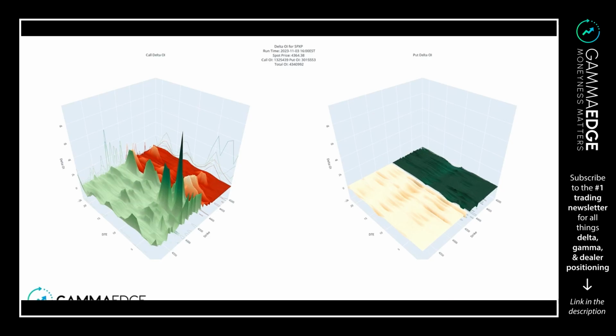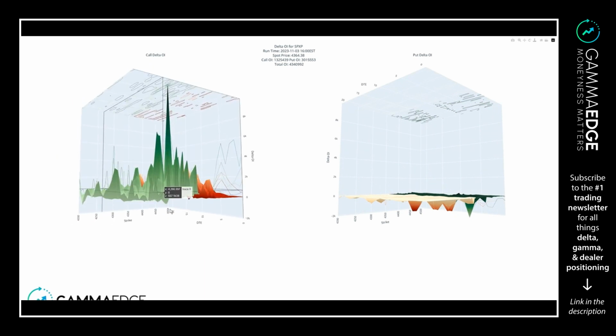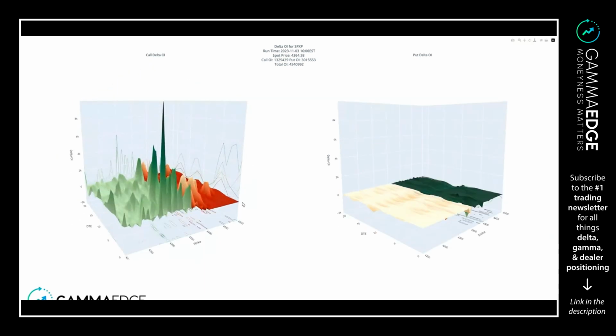I'm trying to figure out where to enter and where to set my stop, and where that makes sense, especially how much risk to take on relative to how much potential upside I see, whether it's going from the PTrans to the GEX level. That would be great. I'm just trying to use those levels as a way to enter and then manage my stops. Yeah, I mean, that makes perfect sense.